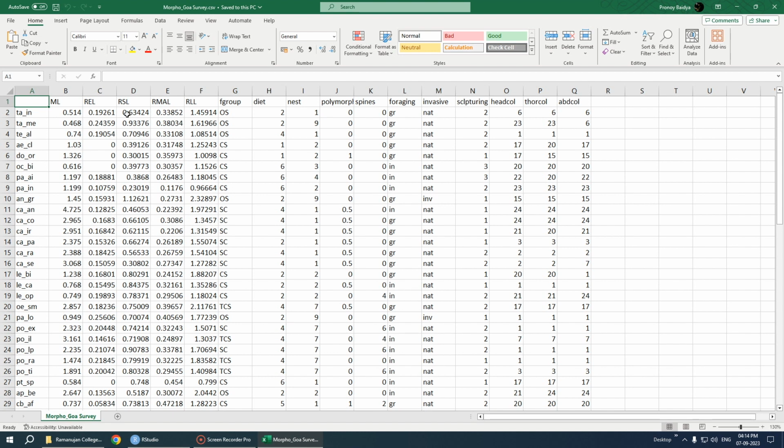You have the various species which are coded. You have some of the continuous variables here. You have different measurements which are presented over here. These are continuous, and the others are discrete, which are mentioned here. You have diets, nesting, polymorphism, spine, and so on and so forth, and all of these are coded, and these codes